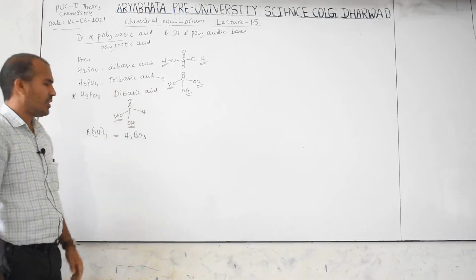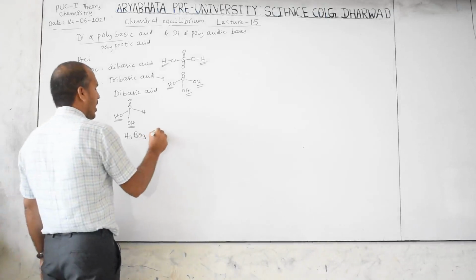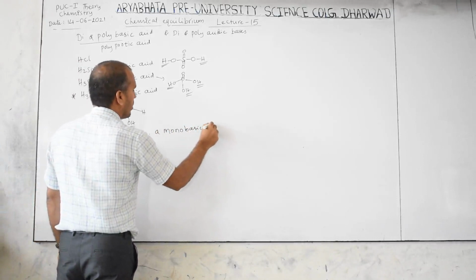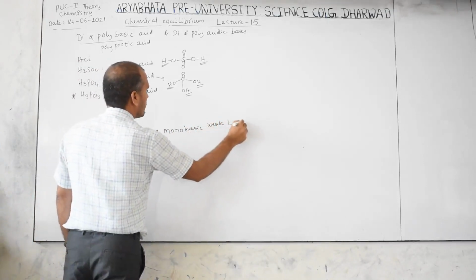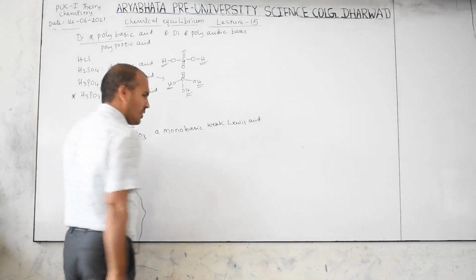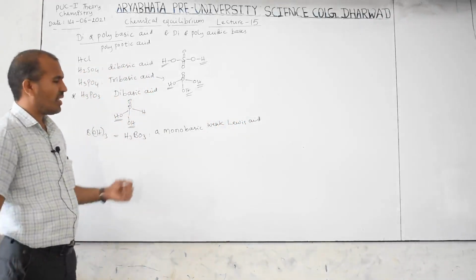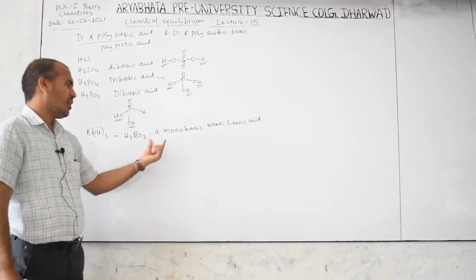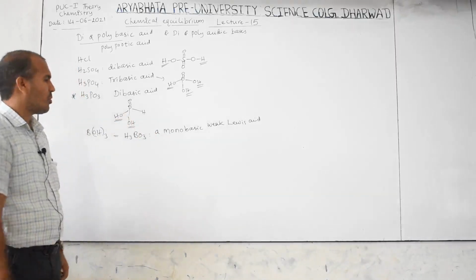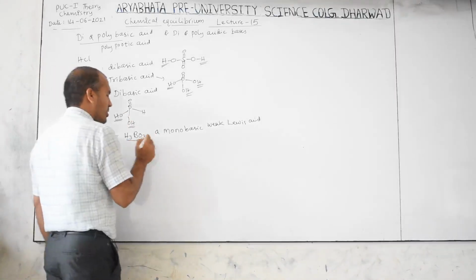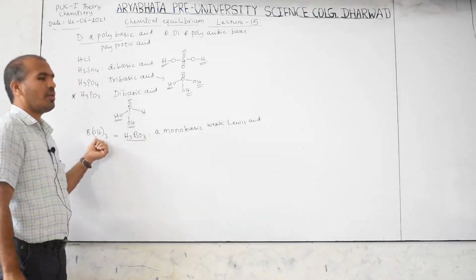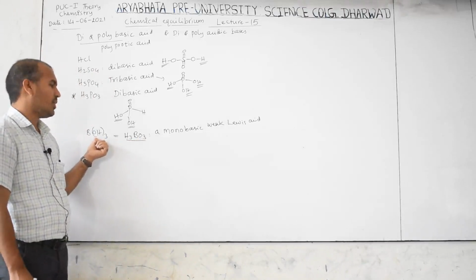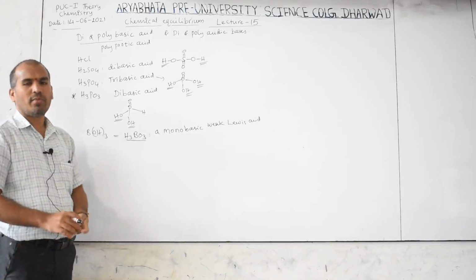But this is not a tribasic acid. This is a monobasic weak Lewis acid. To understand this, once again refer to the group 13 elements. They are very clearly given with the equation. If I explain again, it is a time-taking process. Therefore this is very important for competitive exam purposes. H3BO3 is represented like this also. When it is represented like this, you feel it looks like a base, but it's not a base. This is an acid only.